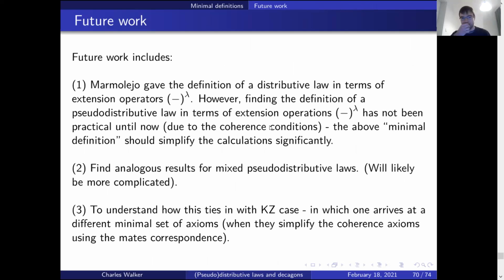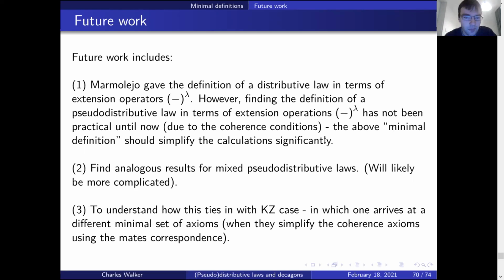Right, so as for future work, Marmolejo gave the definition of distributive laws in terms of extension operators. Until now, it hasn't really been possible to do this for pseudo-distributive laws, because if you use the usual coherence axioms, you just end up with a huge mess trying to understand what's going on. But now this should be fairly straightforward to do if you use this minimal definition of a pseudo-distributive